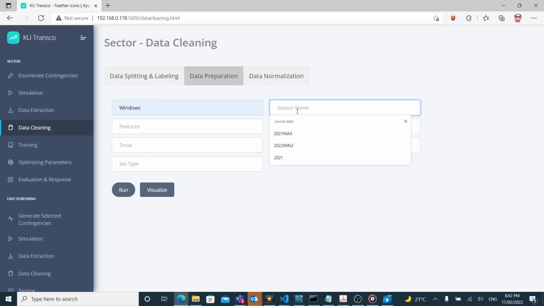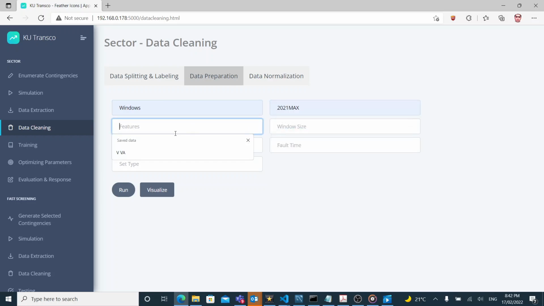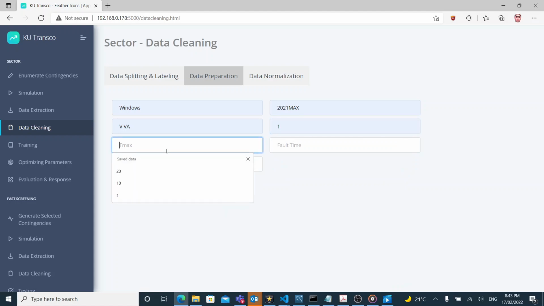So for training, we choose the Windows type, and we should provide the season name and the features. V refers to voltage magnitudes, and VA refers to voltage angles. This means that we are extracting the voltage magnitudes and angles of the buses to train the neural network. We should choose the size,